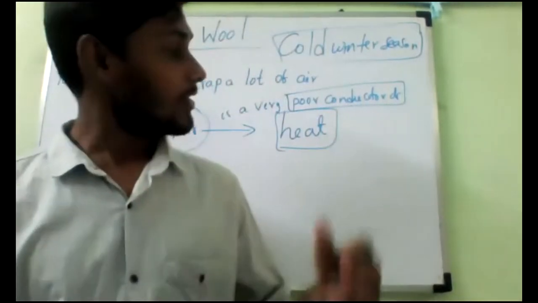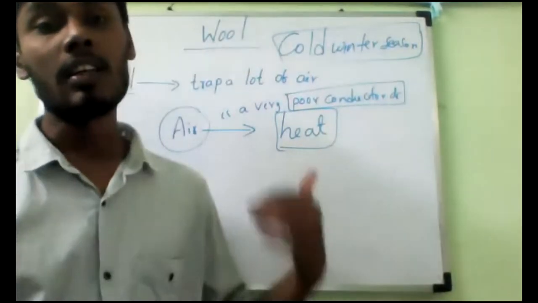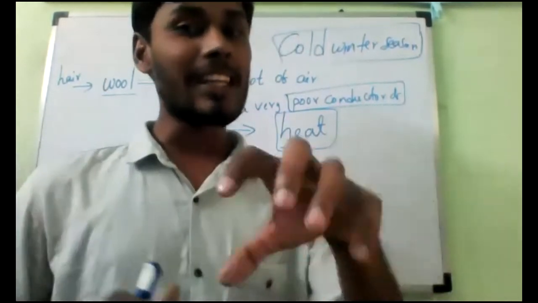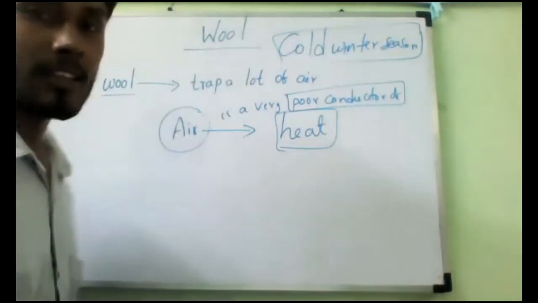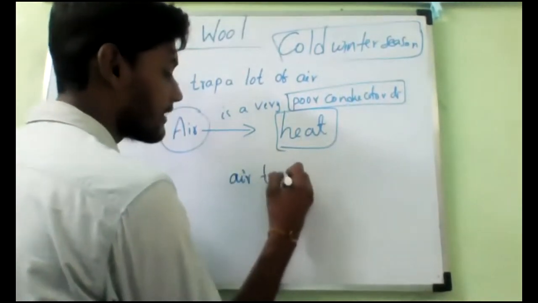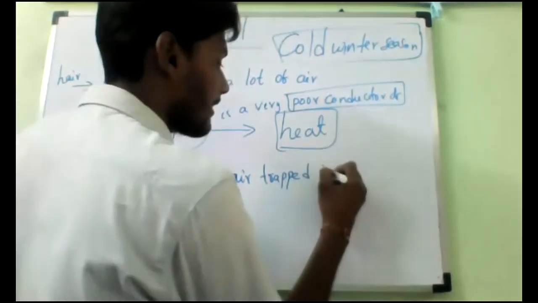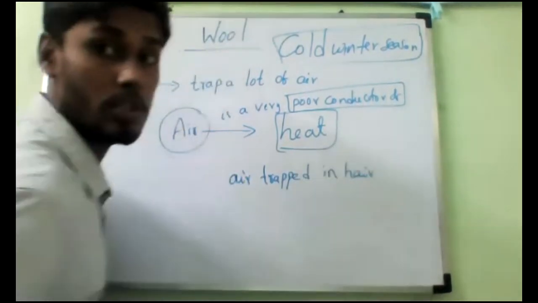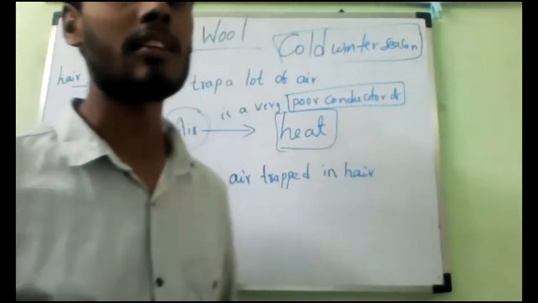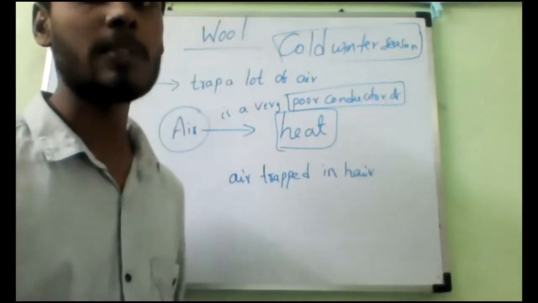So this wool will trap a lot of air, and that air is a poor conductor of heat. So what will happen? This trapped air, between these holes in the hair of these animals, will prevent the body heat from being lost to cold surroundings and keeps them warm